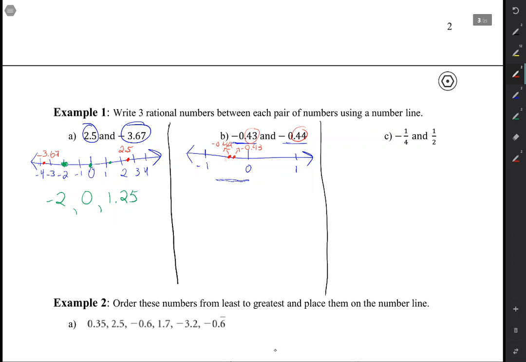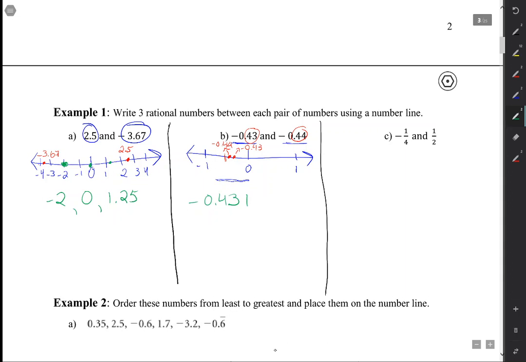Well, the way we do that is we just add a decimal point, right? Because if we have two numbers, let's say 2 and 3, how would we place two numbers in between there? Well, we just add a decimal point. For instance, 2.1 is in between those two. 2.2 is in between those two numbers. So we're going to do the exact same thing here. We're going to add a decimal point to the end of this number. So our answers in this case could be something like